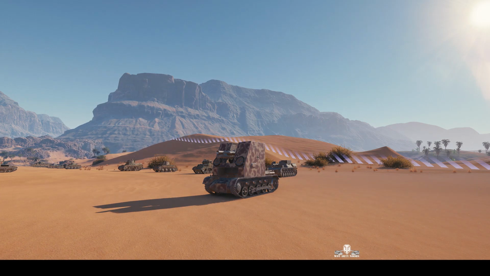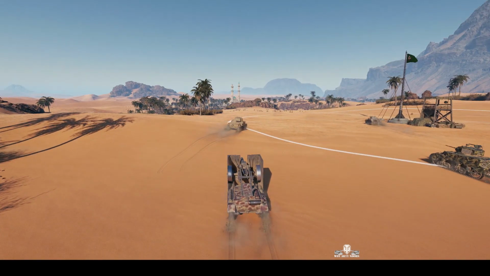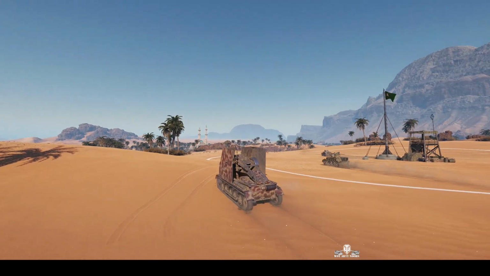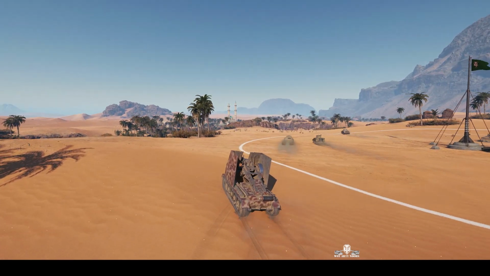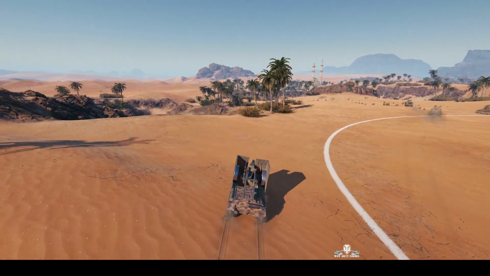This is the Sturmpanzer I Bison. It's the Tier 3 German SPG, and this one's located on the eastbourne of Sand River under the command of Talon 1958. It's got a 15cm howitzer, the SIG 33L11, which is basically an artillery piece mounted on top of a Panzer I. It's a heavy artillery, 15cm howitzer, so it can give stun,